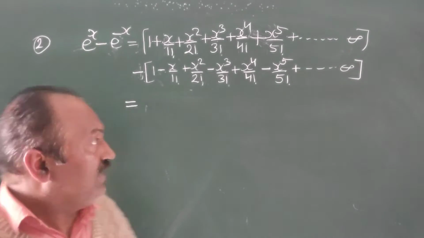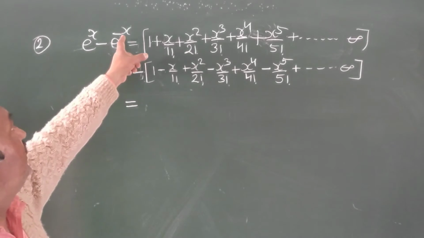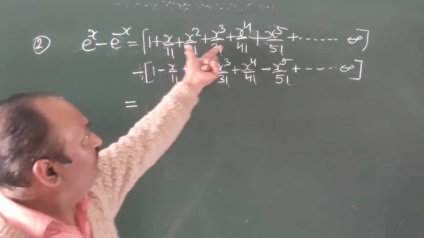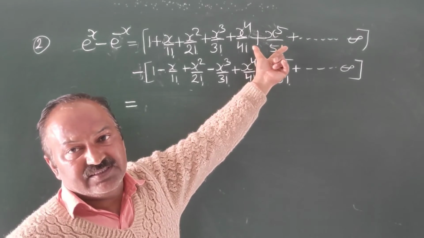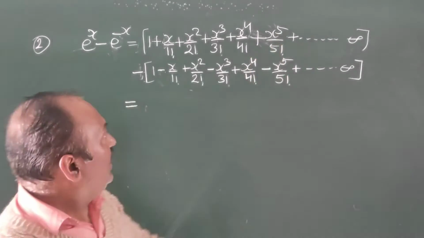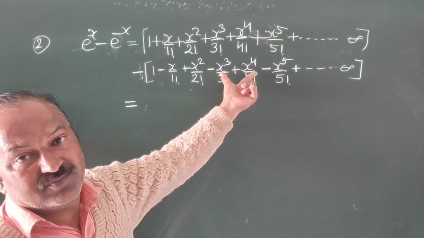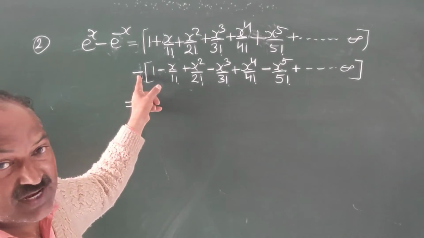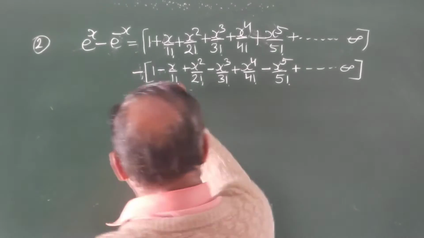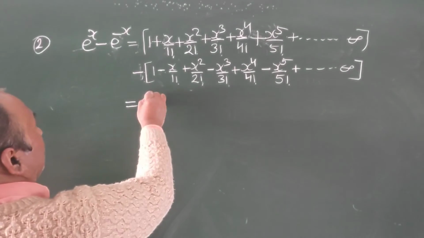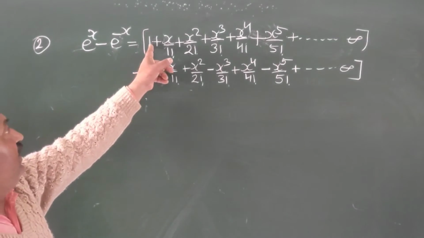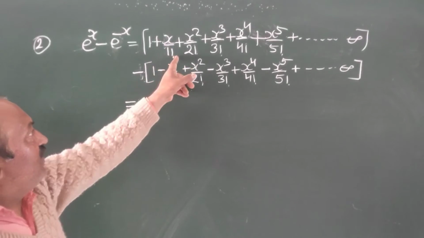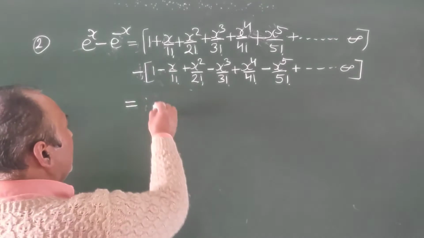Now e raised to power x minus e raised to power minus x is equal to, writing the formula of e raised to power x, we get this, and writing the formula of e raised to power minus x, that is this, and taking negative sign, and after subtracting we will get this. 1 and minus 1 will cancel, and plus x upon 1 factorial and plus x upon 1 factorial,